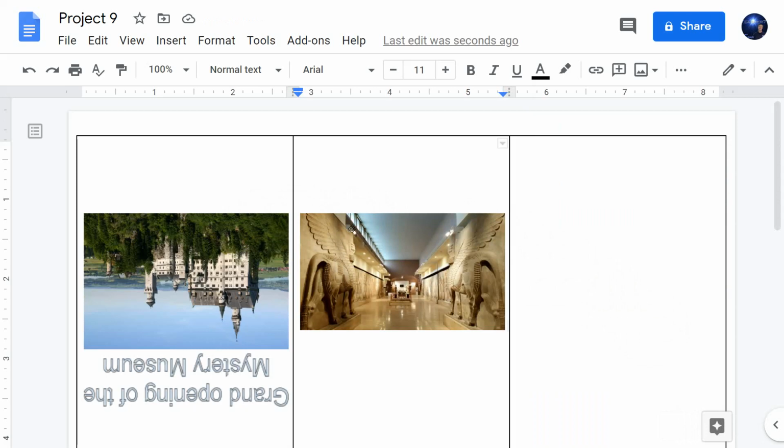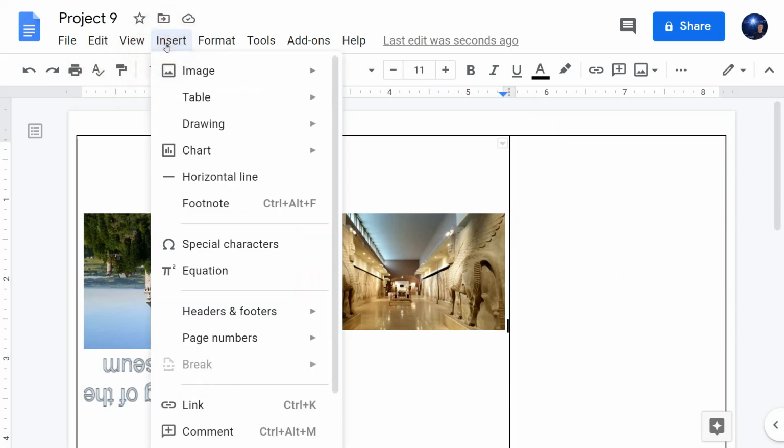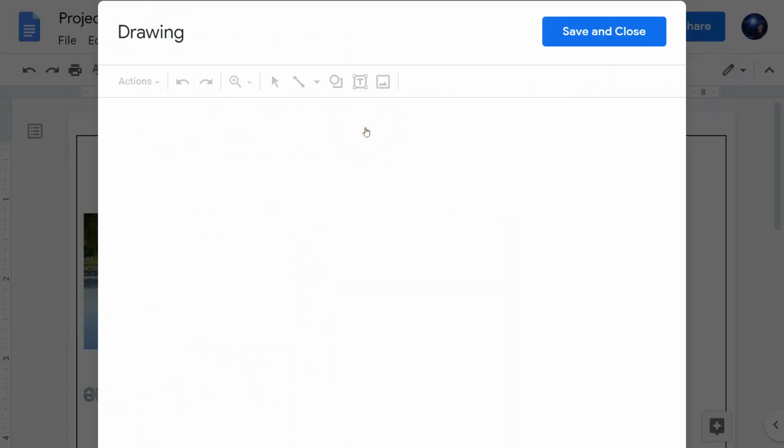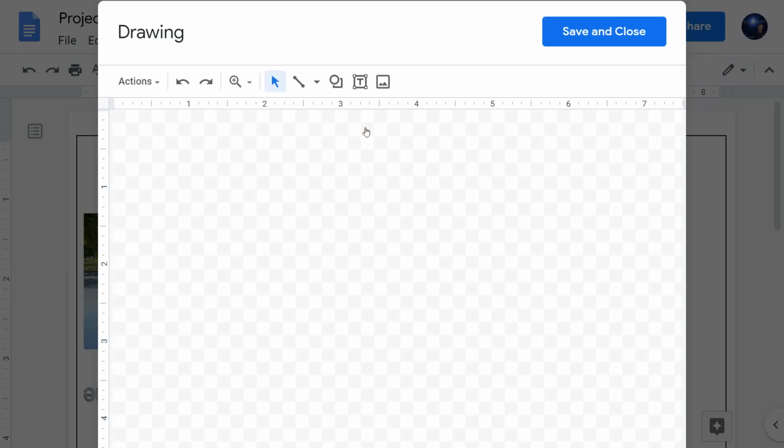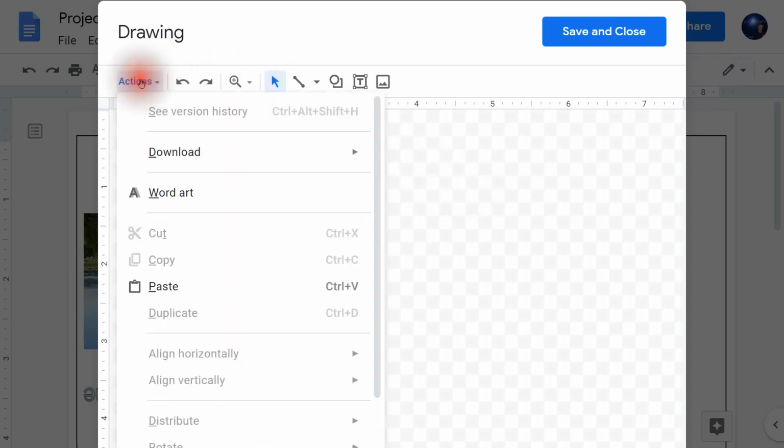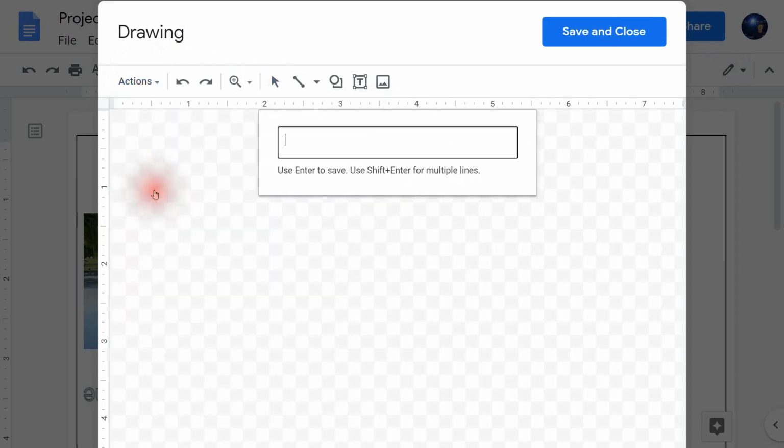Step 62, insert a Google WordArt image by clicking on Insert, Drawing, and then New. 63. After the drawing window loads, click on Actions, WordArt. 64. The drawing window will change and have a dialog box as seen here.